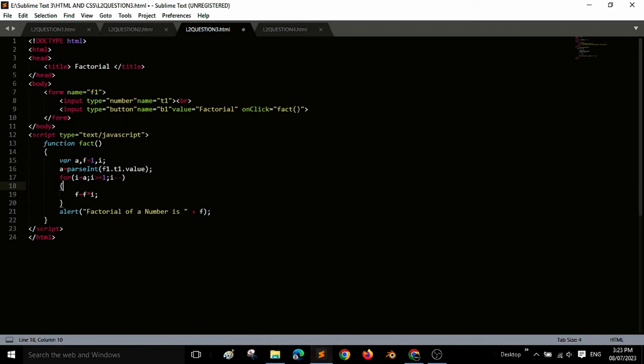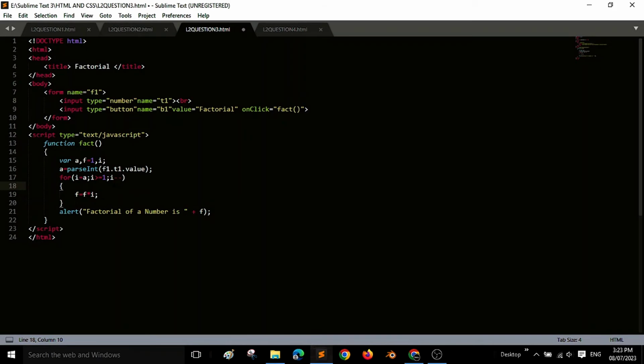Now the value stored in i is brought down and multiplied by f. As we discussed earlier, the value of f is 1.